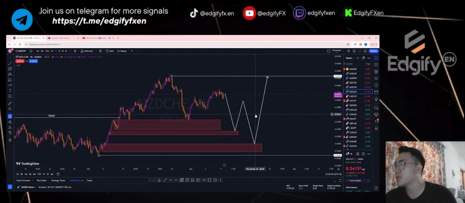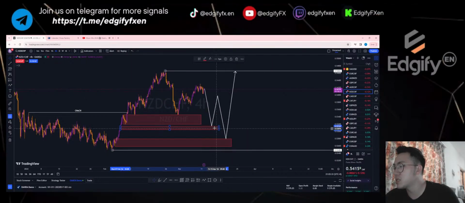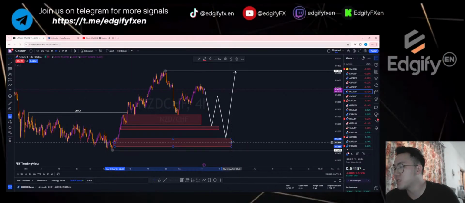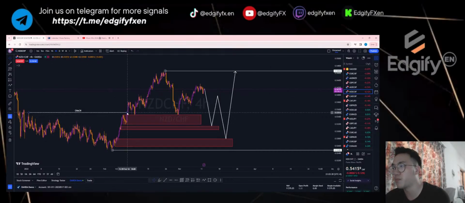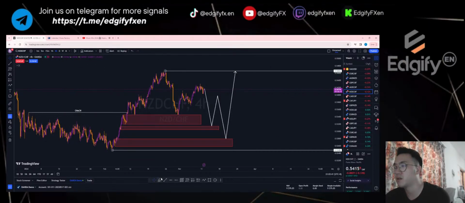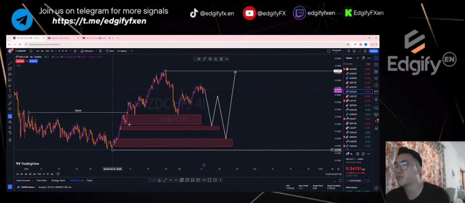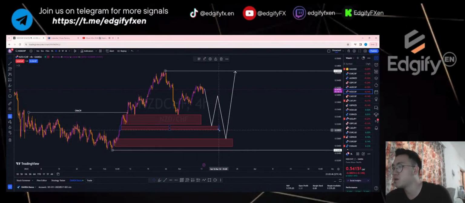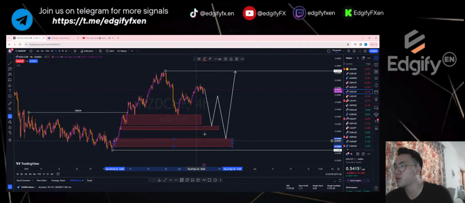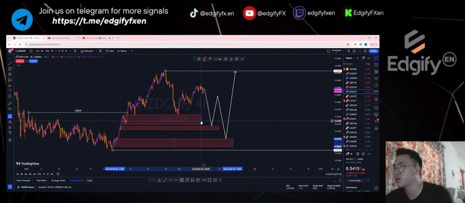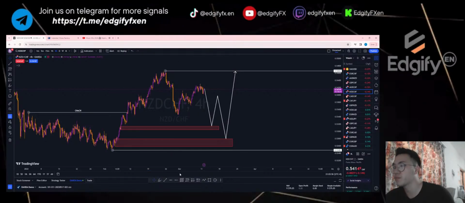Alright, so EUR/CHF, I will be looking for buys, right? Because this level, basically this demand area and this demand area, hasn't been tapped in yet, right? After this massive break above this high here, the price did not actually mitigate this demand and also this demand, right? So I'll be looking for buys at these two levels. This is something that I won't be using anymore.